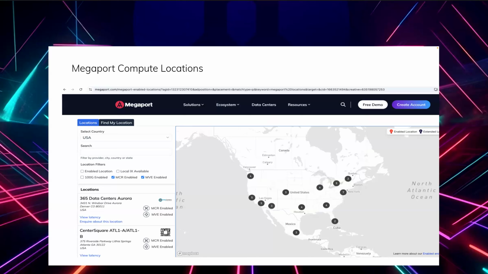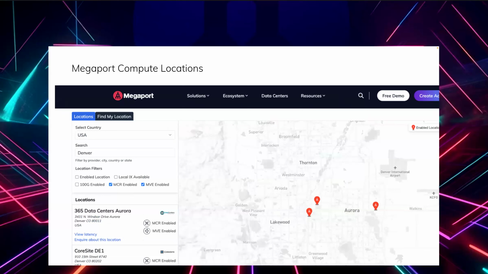On our screen are the Megaport locations where we have MCR and MVE compute available. And within each of these cities, and I happen to be in Denver, there are multiple locations where the compute lives. So if I have an MCR in Denver, I actually have 3 different locations where I can install it, and it has redundancy in each one of these facilities, what we call red and blue zones that we utilize for maintenance and resiliency purposes. So you can stand up an HA pair. But the idea being that I can have redundancy within a facility or in multiple facilities in red and blue zones, and I can stand up that compute and build those cloud workloads.